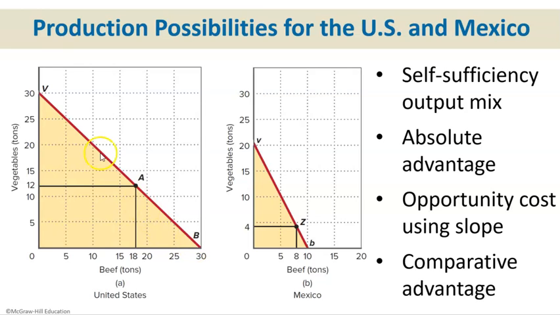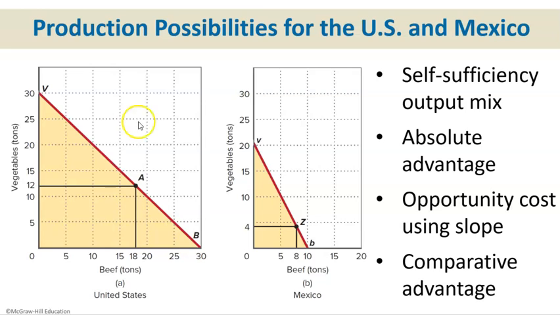They're going to choose some point along their production possibility curve where they get a little bit of each. So for instance, at point A, the US would be making 12 tons of vegetables and 18 tons of beef. In this chapter, we would call this the self-sufficiency output mix. That just means that the country has decided not to trade and they're choosing some point along their production possibility